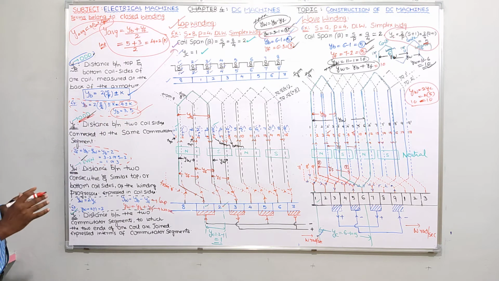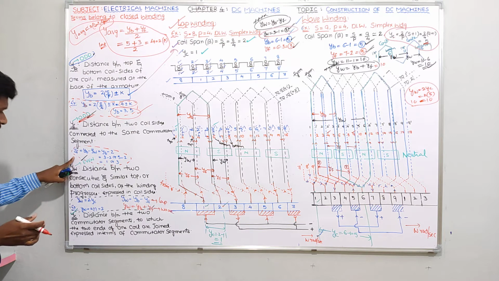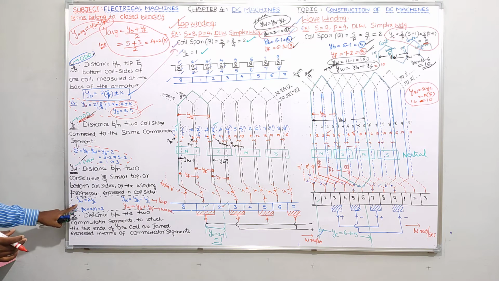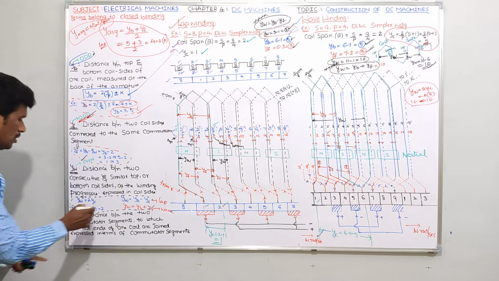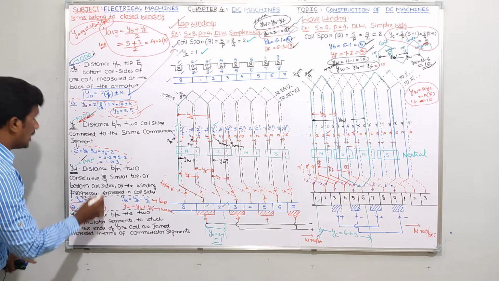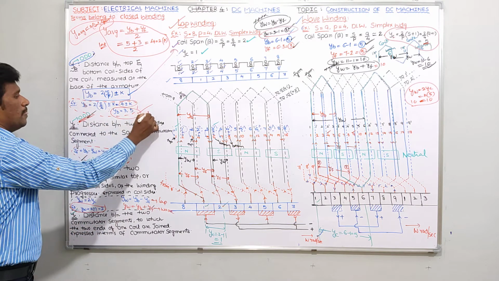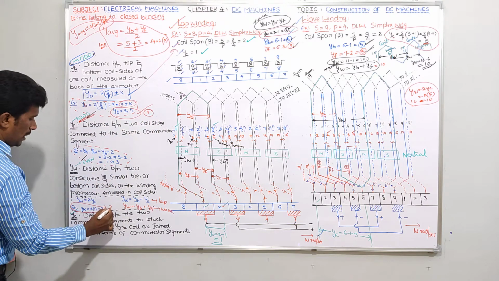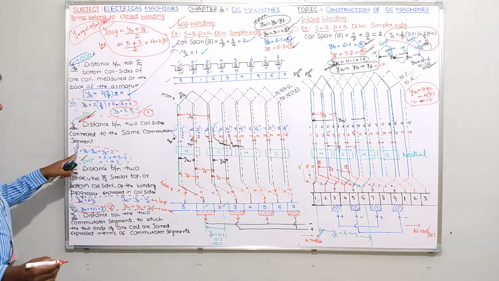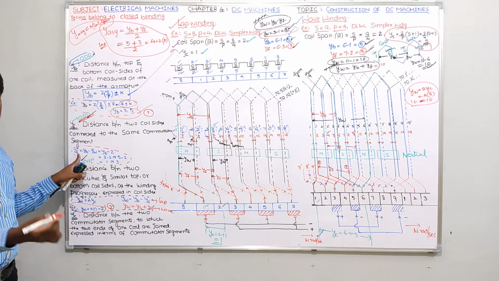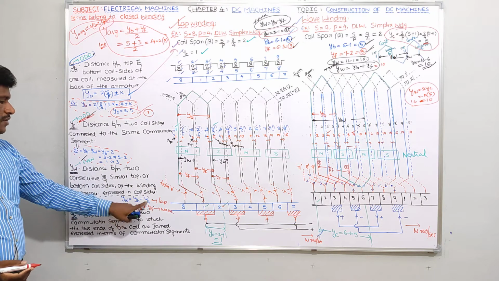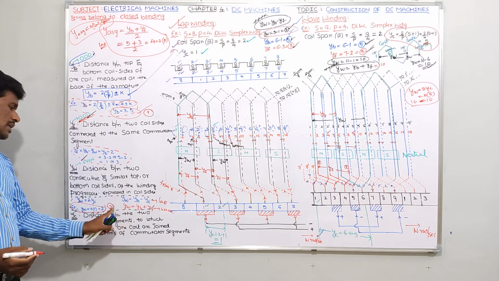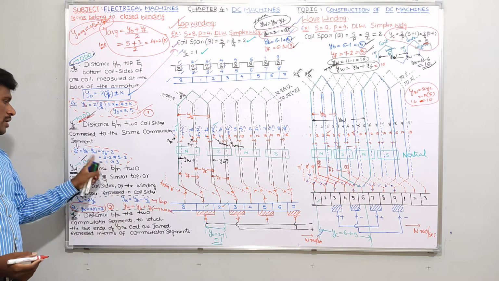Okay. So before that, what I am saying is, first calculate YW value. I think we already calculated YW value as 2 times of YC. We got 2 here. So first step we have to calculate YB. Second step we have to calculate YW. Then please study this YF value. YF means front pitch. Already we know YW equals YB minus YF in lap winding. YF means, I can say, YB minus YW.